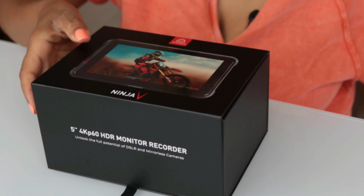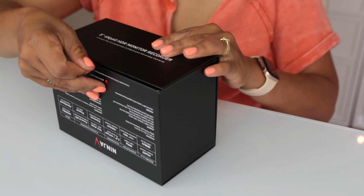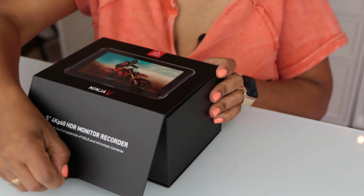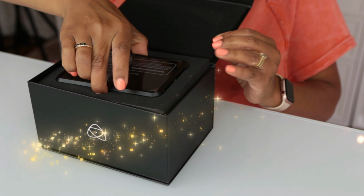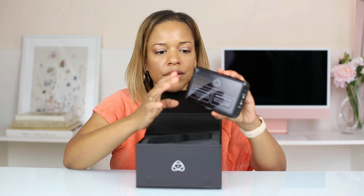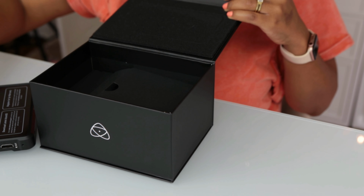Slide her out. Look at this. Ooh, look at that brand new baby right there. Okay, she's got a little pull tab here. So here it is, right here. I'm not going to take off this beautiful tape yet. All right, and then inside the box,